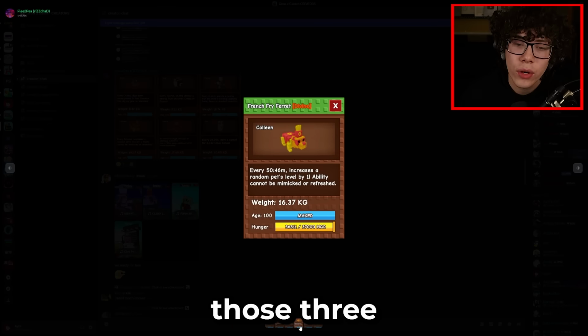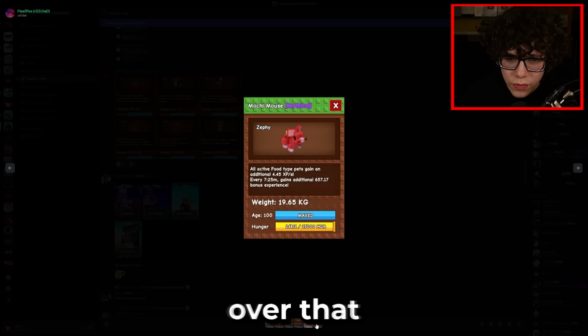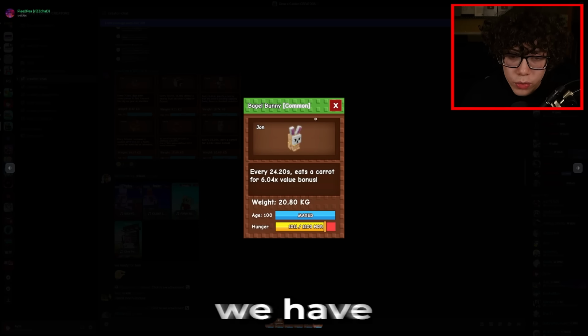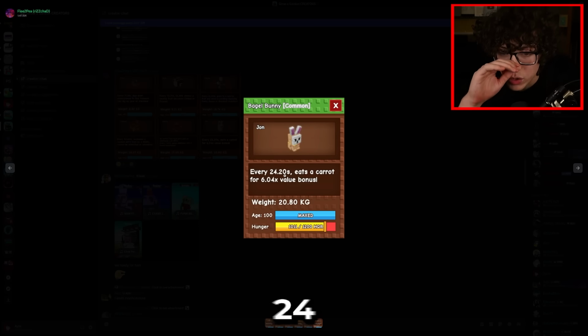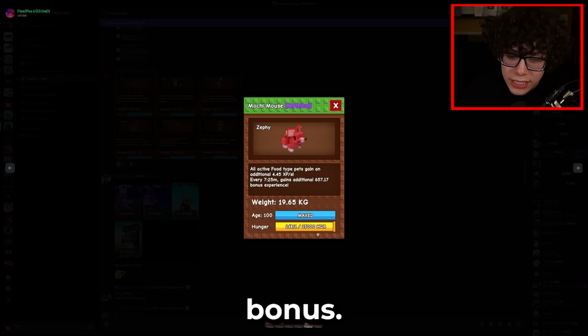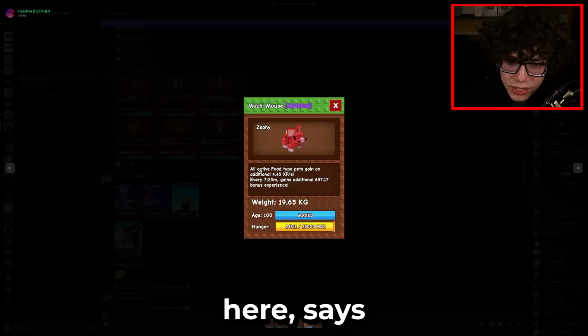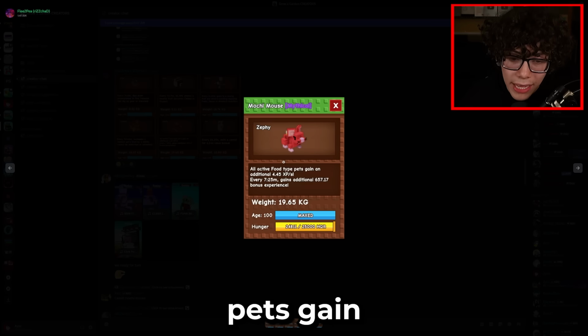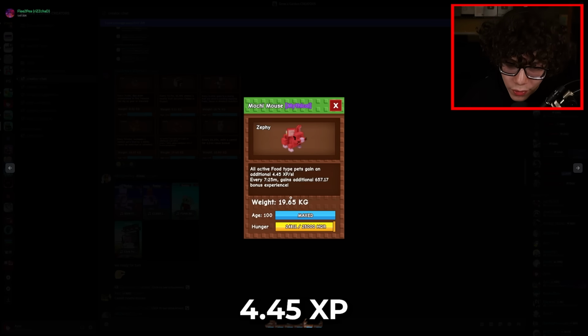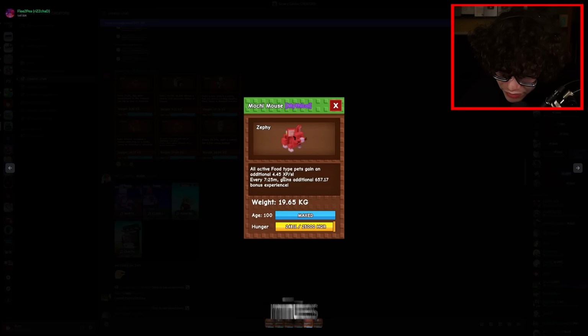Anyways, after those three, we have the French fry ferret, but I feel like I should go over that one last. Before those, we have the bagel bunny, which every 24 seconds eats a carrot for 6 times a value bonus. Then we have the mochi mouse, which, as you guys can see here, says all active food type pets gain an additional 4.45 XP per second. Nothing too crazy. Anyways, every 7 minutes gains an additional